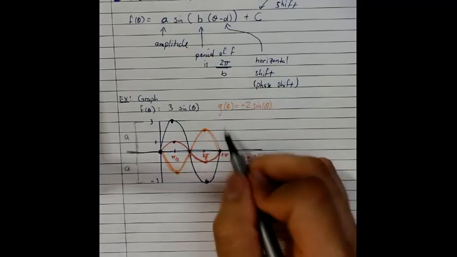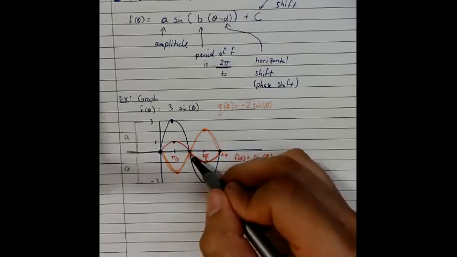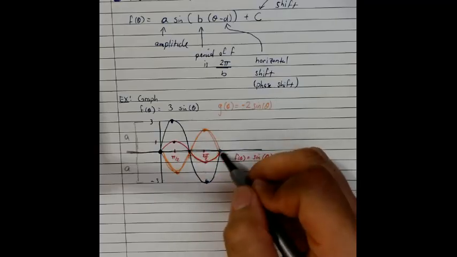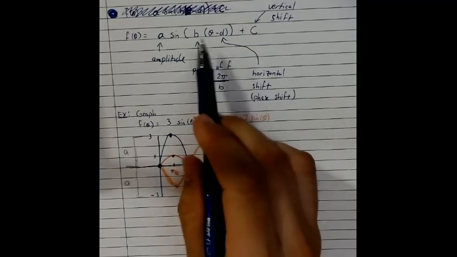So taller, but also upside down. Where it would normally be at a maximum, it's now at a minimum. Where it would normally be at a minimum, now it's at a maximum. Okay. Now, this part right here,